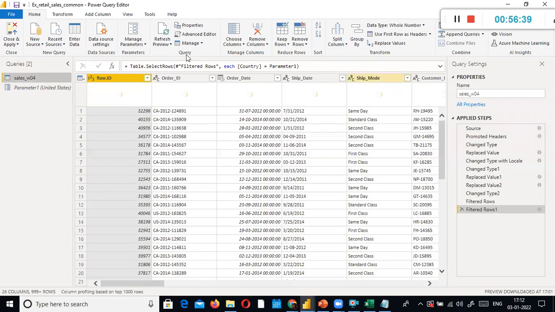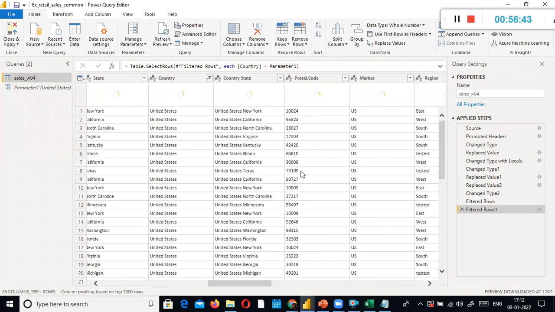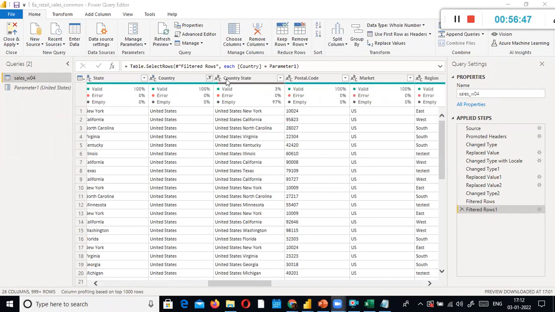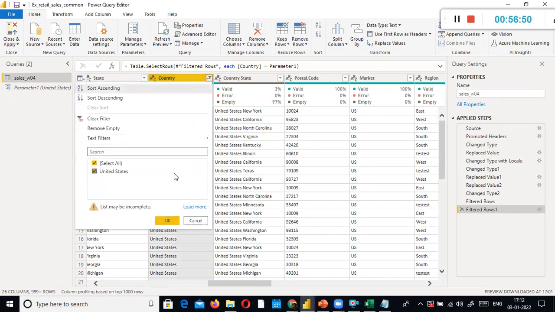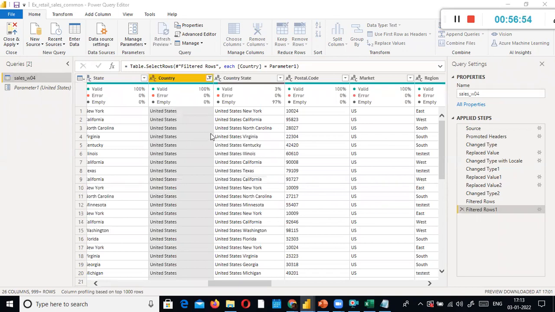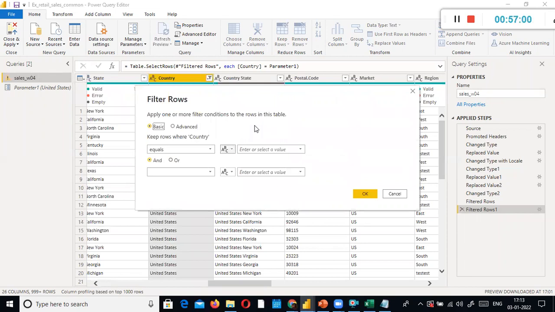Since we map this value to the country name column, in the country column we use Parameter1, isn't it? Look here, if you see the filter, it already shows country equals Parameter1. This is what we used.